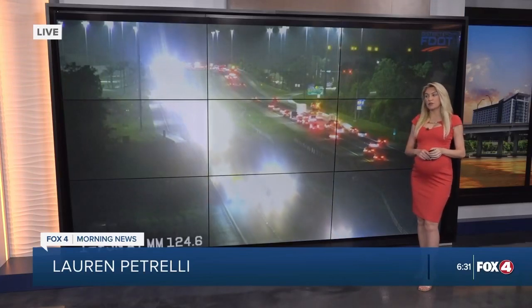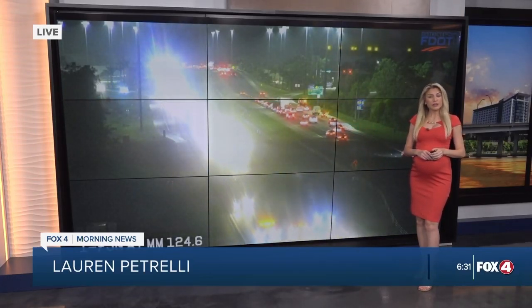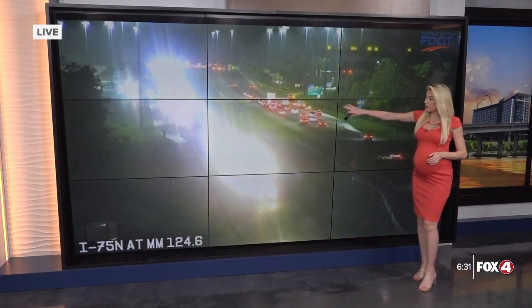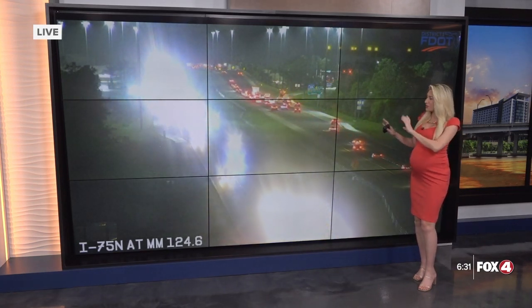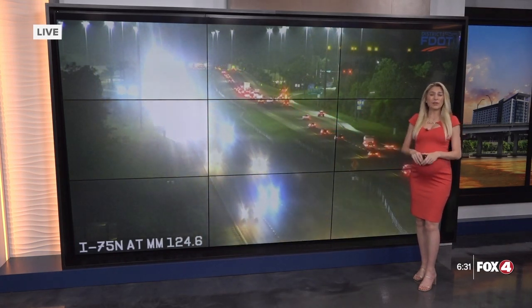forecast you just gave us, but also the morning commute, which is already off to a bit of a rough start. This is the interstate near mile marker 124, so not too far from the Corkscrew Road exit. You could actually see it right there past all of the taillights of those cars. While we have plenty of drivers out and about, this is not one of the areas where we